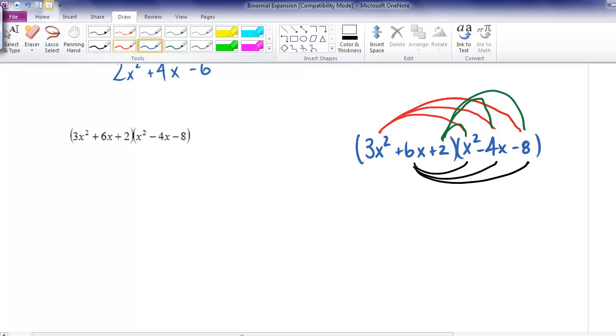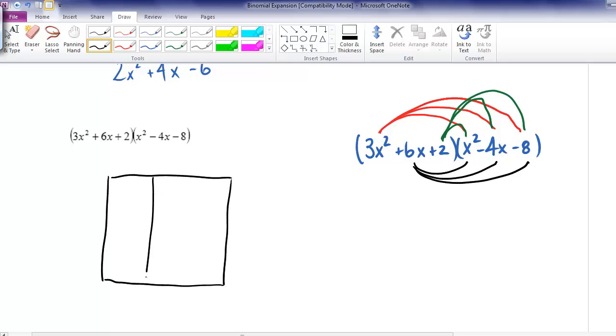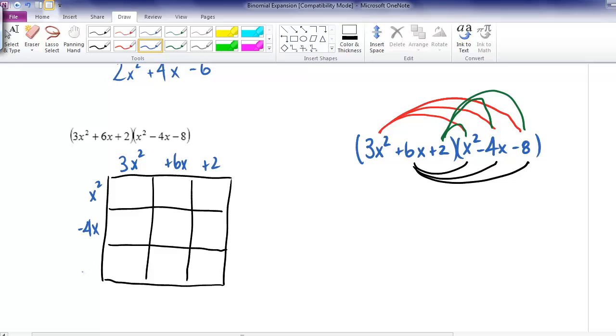Well, again, what I want to demonstrate is if you used an area model, something nice happens. Things kind of get organized for you. You don't have to hunt around for all of the pieces. So here's our 3x squared plus 6x plus 2. Again, we break them into their individual terms. We break a difficult problem into more smaller ones. So our exponent rules say that,